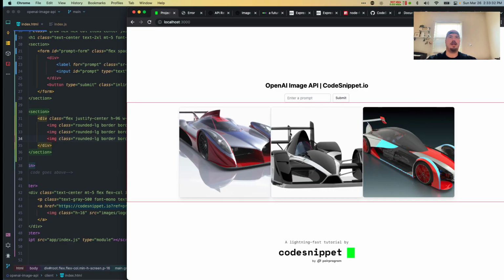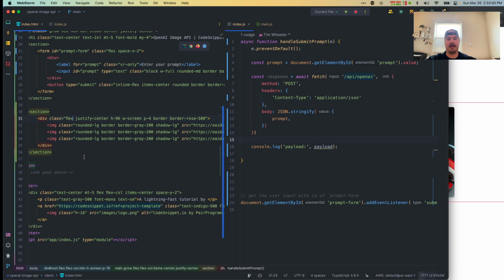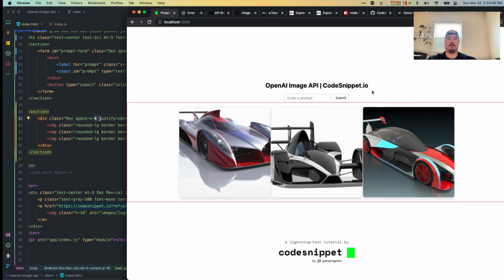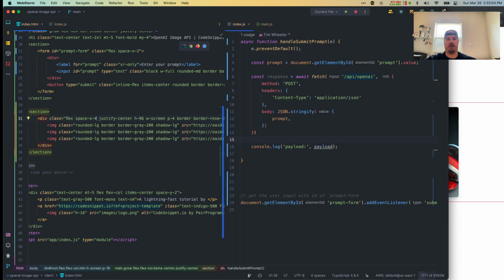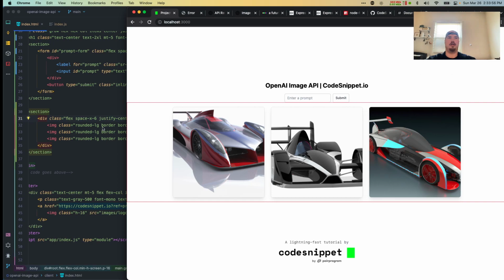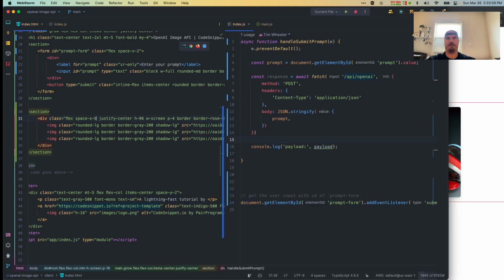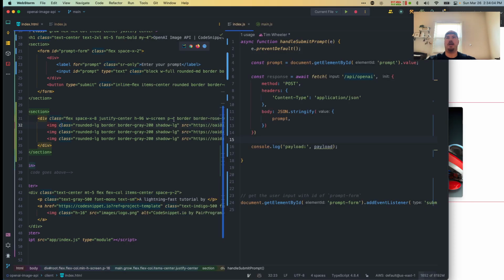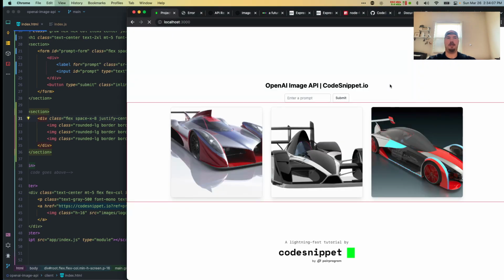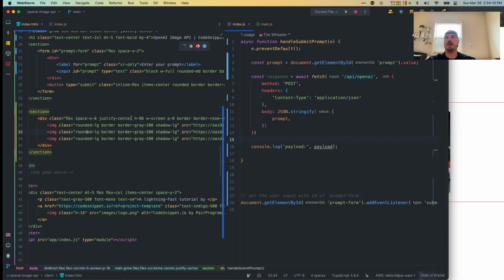The other thing is that these images don't have any breathing room from left to right horizontally. Because this is a flex container, we can give the spacing on the x-axis 4 units, 4 rem or whatever that equates to in Tailwind. And now there's a little bit of breathing room. We could make it 6 units, whatever feels right to us. I think that looks okay. And then I'd probably make the padding something similar for consistency. It's not necessary, but